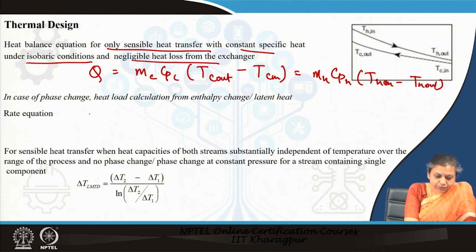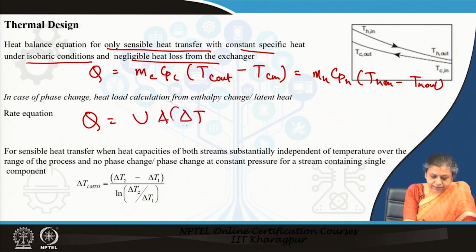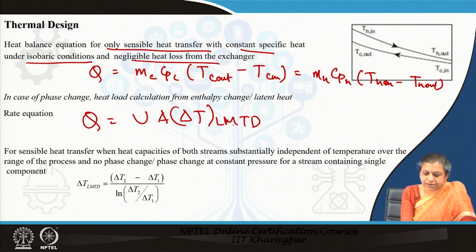And there is also a rate equation which I have mentioned already. This is nothing but Q = UA ΔT_LMTD. Now, I am very sure that in your heat transfer class this expression was derived: since the temperature difference at one end of the exchanger and at the other end are different, the difference between the hot and the cold fluid, which we can take as d of Th minus Tc, keeps on varying from one end to the other,